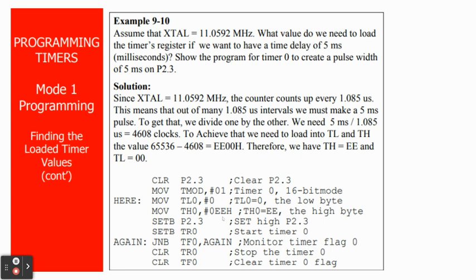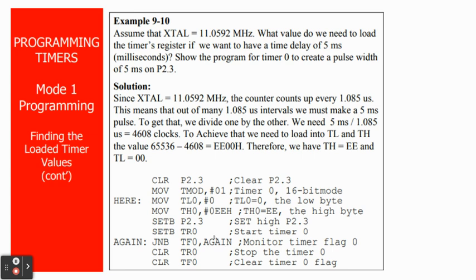But just to simply make it hexa, EE will go to TH0 and the 0 will go to TL0. Then what we do is P2.3 will be equal to 1. And then we will start running the timer by setb TR0. So the timer will start, and then we will jump to, we have here jnb TF0, again, which means